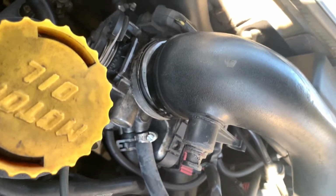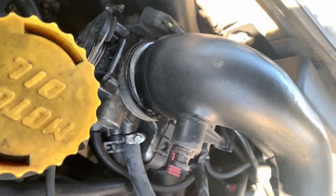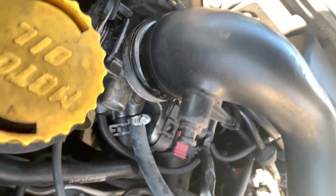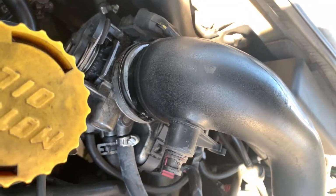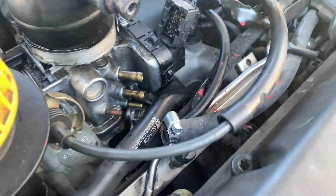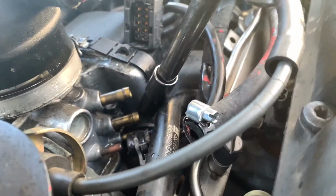So this is my 2002 Saab 95. All right, I cannot work and video at the same time, so all right, let's go. So we got these three 10mm bolts, 1, 2, 3, and you got these lines, 1, 2, 3, 4 and 5 in the back,